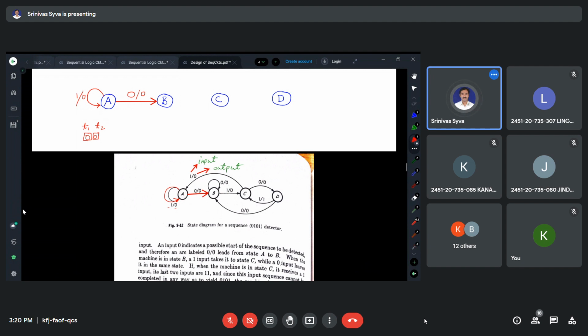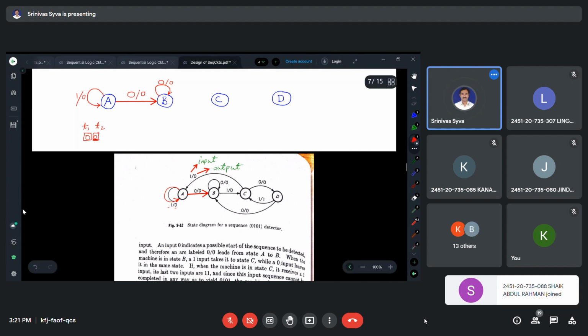So the machine will continue in the same state, will remain here in the B state, and on this arc you have to indicate now 0 is received and output is 0. Like this. That means this 0, now the machine is in the state B. This will indicate that the first bit of the sequence may be received here. Okay, this may be the first bit.